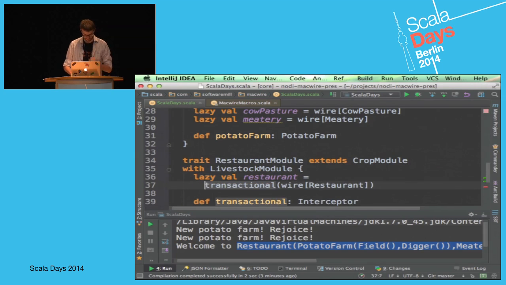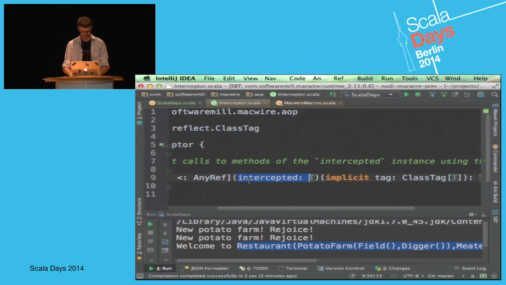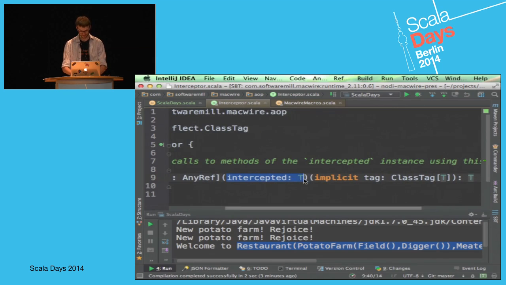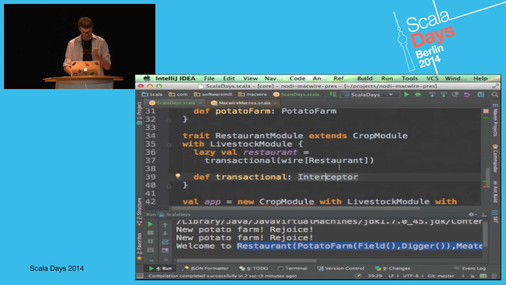Okay? So the interceptor is a trait which has an apply method, which takes an instance of a class, right, of some type, and returns an instance of the same type. Okay. So we have declared that we want to have a transactional interceptor. So now